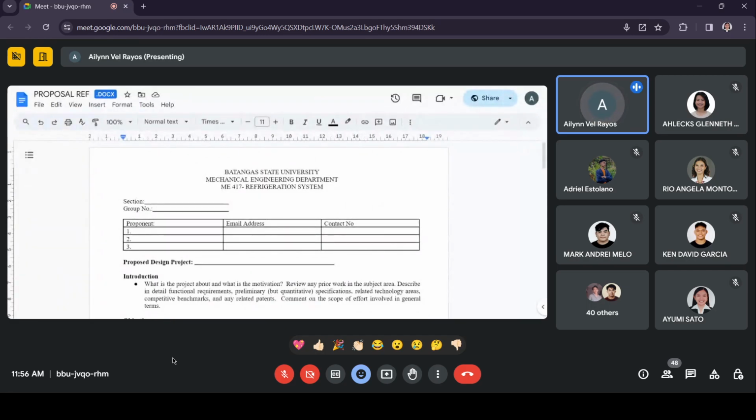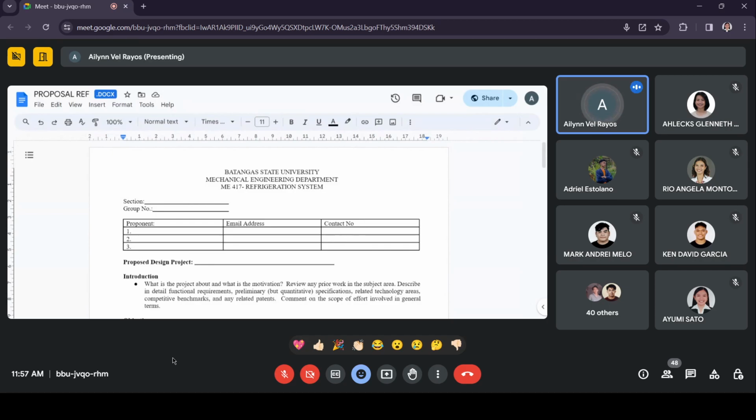So, due date ko dito will be on week 9. Pero yun nga, exam week yon. So, I'll adjust it to week 10. Pero may holiday doon. So, gagawin natin yung due date natin doon is Wednesday, March 27. So yun, enough time naman yun para makapagpasa kayo ng proposed design project. Para, ayun, isang gawaan na lang at ma-approve agad. Kasi, yan, you have enough time naman to do the